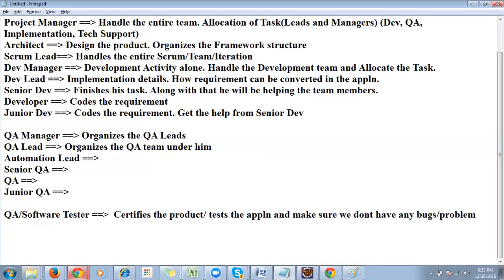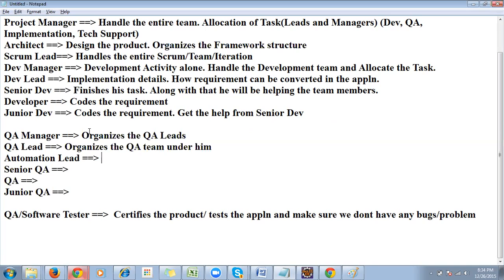For example, testing is of two varieties. One is manual level testing, another one is automation level testing. So totally there are 10 testers. Out of 10, 4 are automation members and 6 are manual members. So the automation lead will be taking over the control of the 4 members, to make sure everyone writes